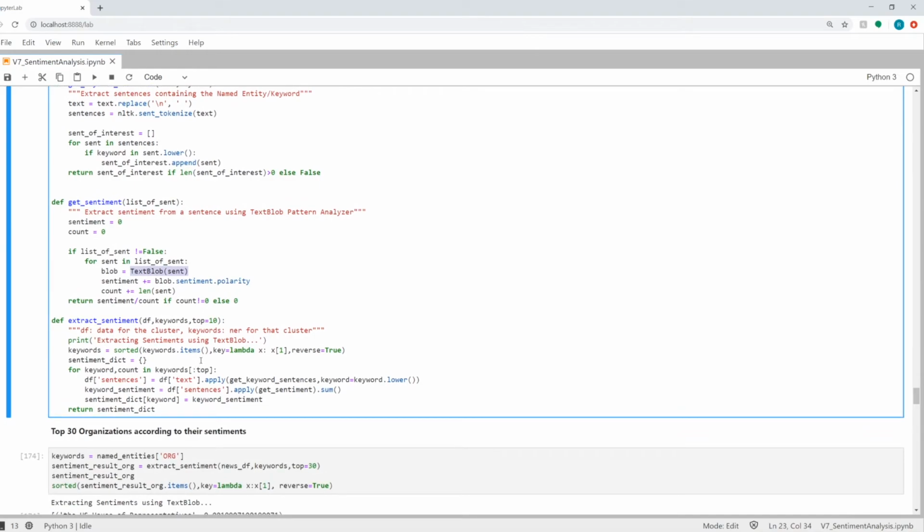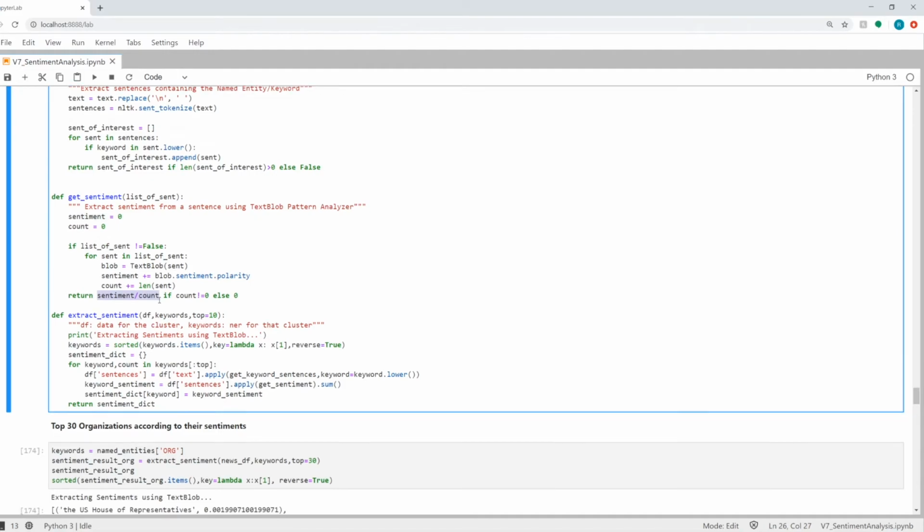It sums all the sentiment that it gets from this, and then returns that sentiment for that particular entity. It's also normalizing the sentiment based on the number of words.